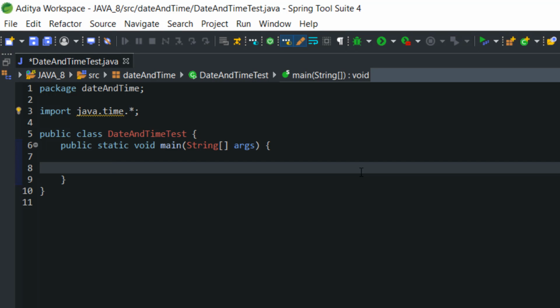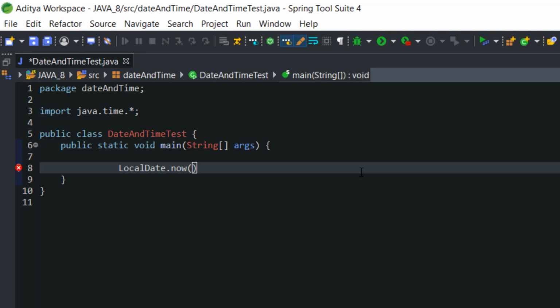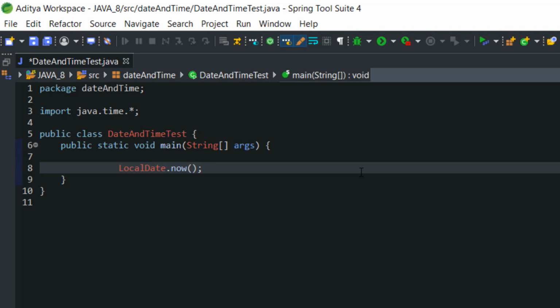To extract the latest date, Java 8 people introduced one class. Class name is LocalDate. And after that we are going to call one method, the now method. The now method will help us to extract the latest date. Let's execute the code and see what the output is.